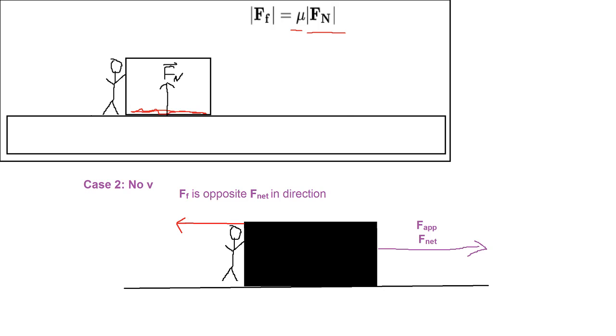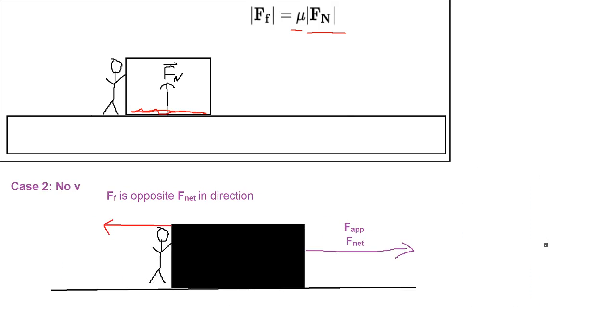So, specifically speaking, if you want some concrete rules for this, what you then have to do in case 2 here, when there's no initial velocity, is you need to compare them. If the frictional force, or the magnitude of it, is greater than the net force, so if the maximum magnitude of the frictional force is greater than the magnitude of the net force,